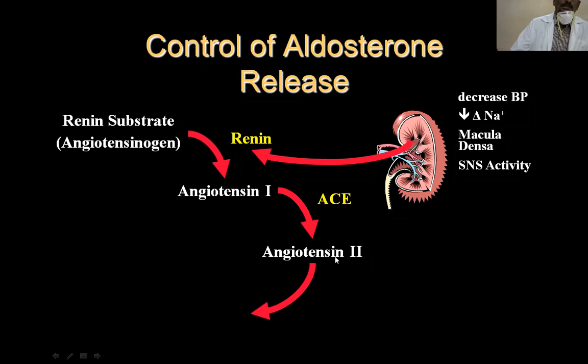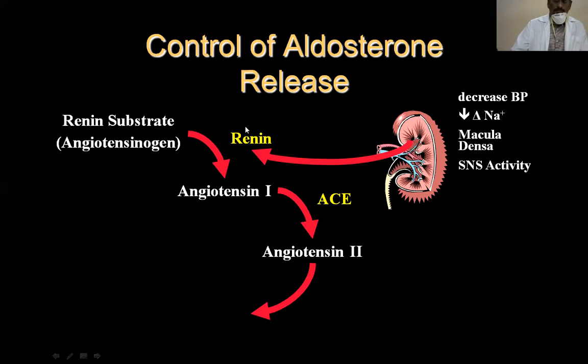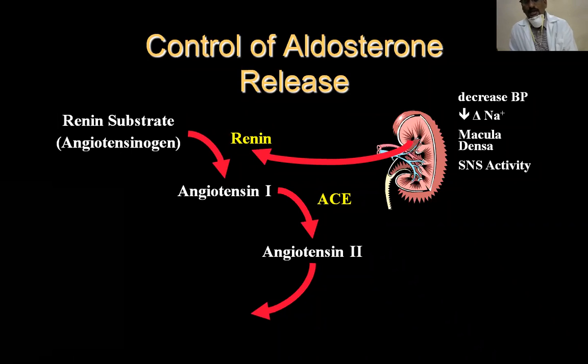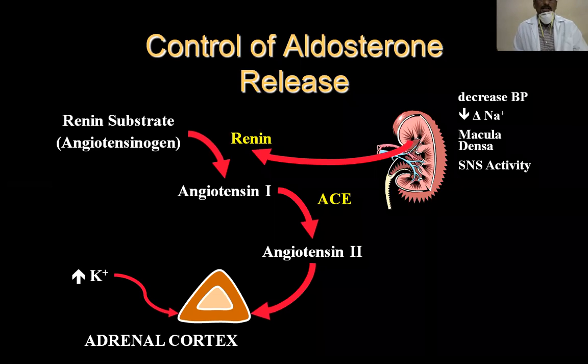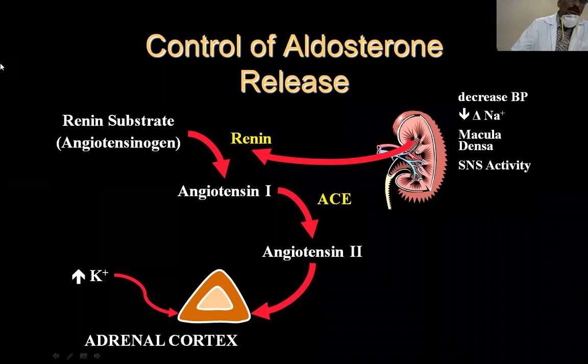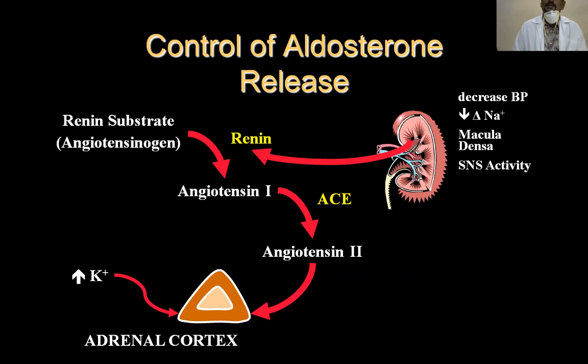So this is how angiotensin 2, by binding specific receptors on the cells of the zona glomerulosa, causes release. This is one of the primary stimulants by which aldosterone is released. So it acts on the adrenal cortex. The second important stimulant for aldosterone release is the plasma potassium level. Whenever there is an increase in the potassium level, even by 0.5 milliequivalents per liter, such a small variation also causes